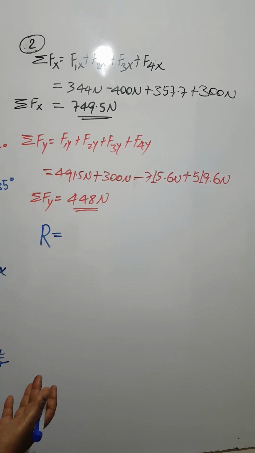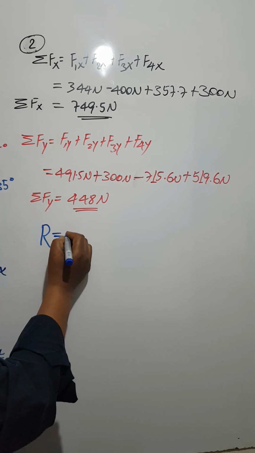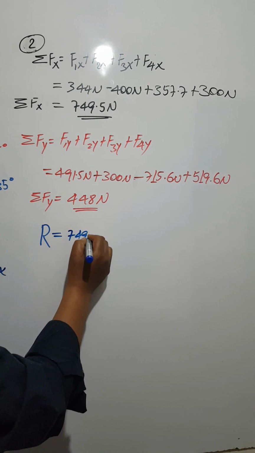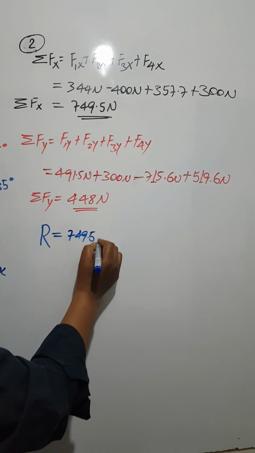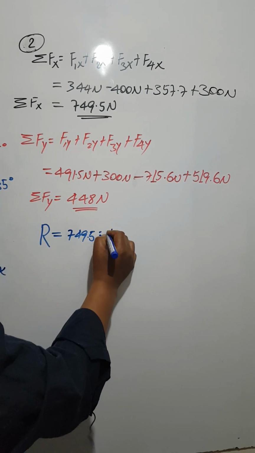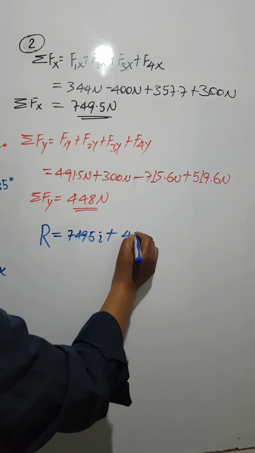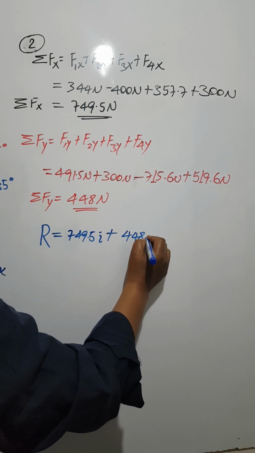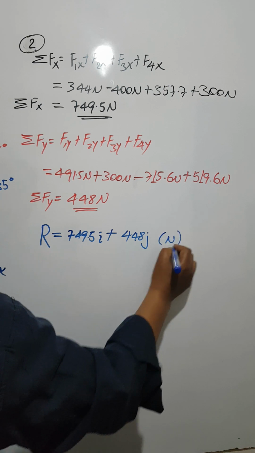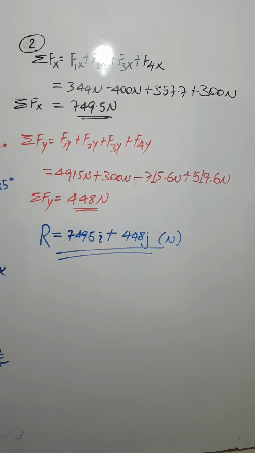summation of force along y እንደዚህ ነው የምናደርገው ስለዚህ summation of force along x is 749.5 along the unit vector i plus 448 okay along j this is in newton so resultantችን ይሄ ነው ማለት ነው so ከአሃቲዩብ ጋር ሁሉ ነገር ይቻላል